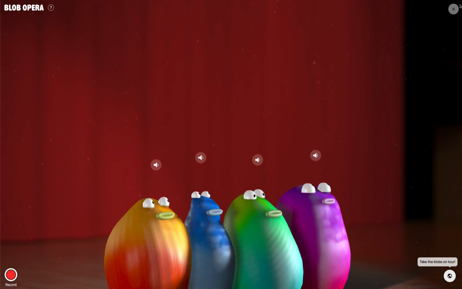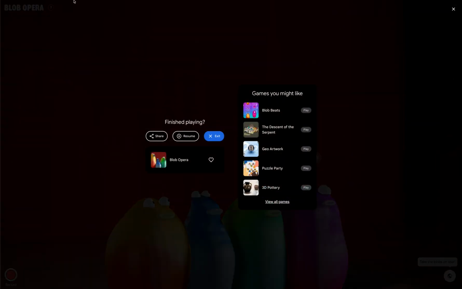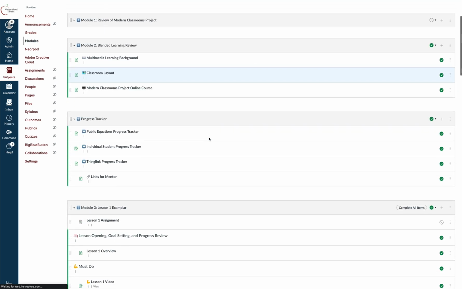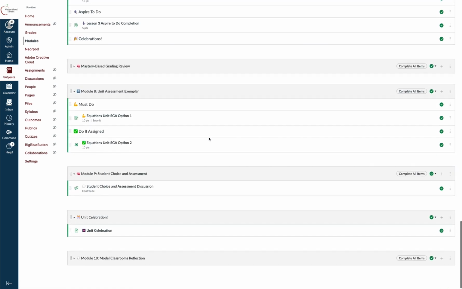So it's kind of just a fun way to celebrate at the end to provide those students an incentive to get there. Checking back into the module, the last assignment is for the teachers who are going through the course to